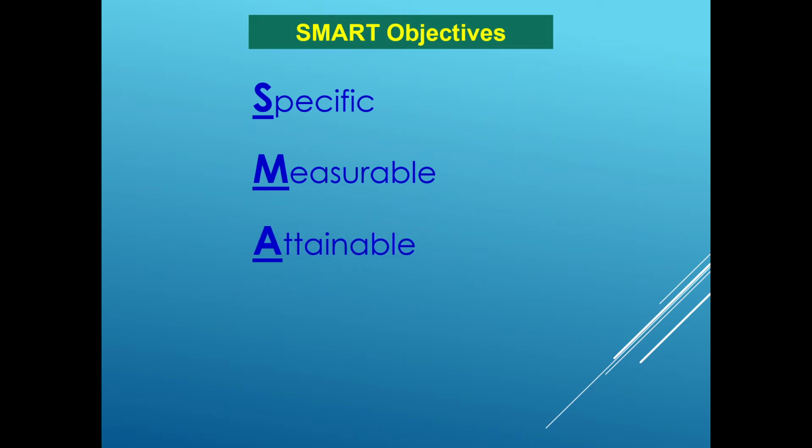They have to be attainable. We don't want to set our patients up for failure, giving them something too big. It has to be something that they can attain, something short term, something that they could do within the first 7 days of being in treatment. They have to be realistic and time sensitive. So, like I say, within the first 7 days, the patient will do this, and we will help them do that. Okay. SMART objectives: specific, measurable, attainable, realistic, and time sensitive.